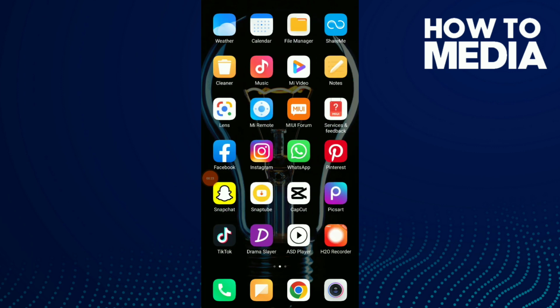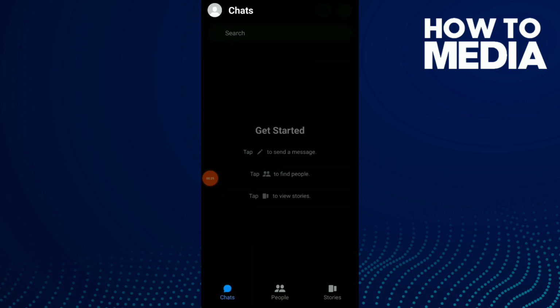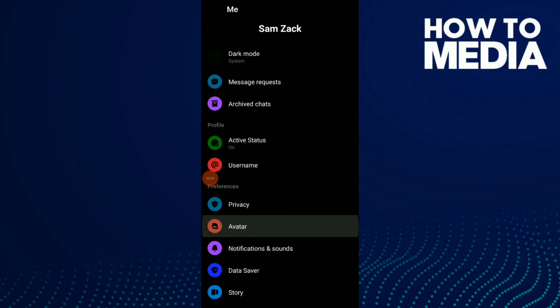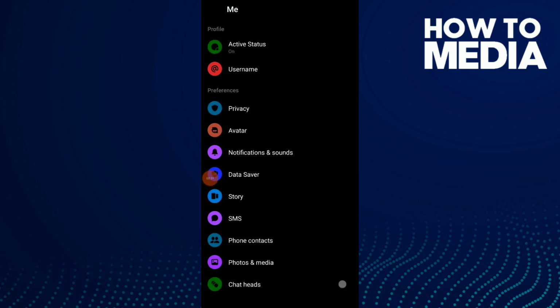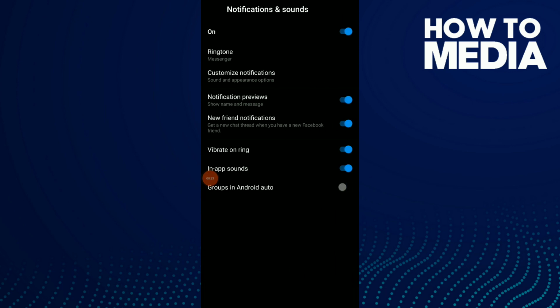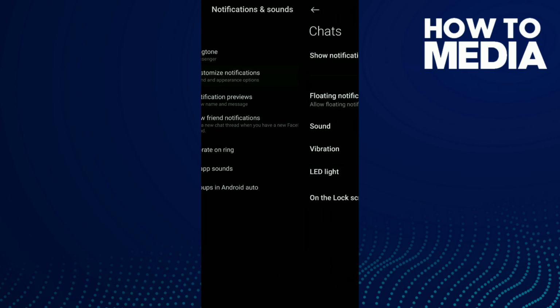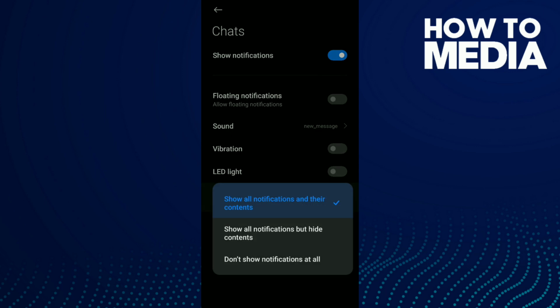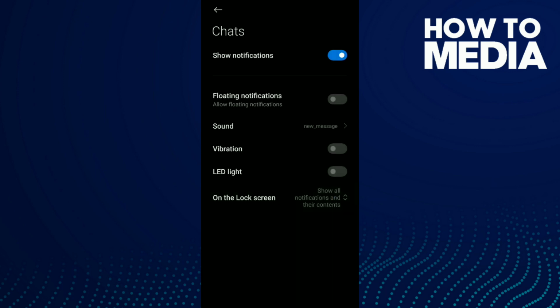First thing, go to your Messenger, click on your profile, and now scroll down and click on notifications and sounds, and click on custom notifications, and click on the last option, which is on the lock screen. All you need to do is choose the option with show all notifications and their content and click on it,